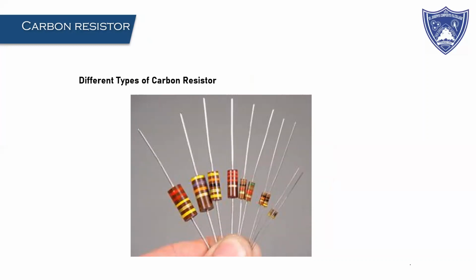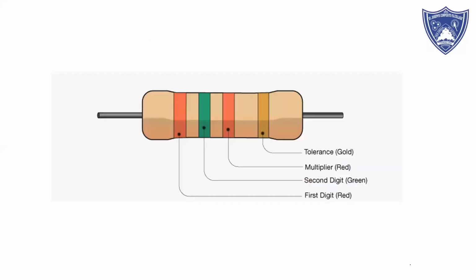So let us understand the color coding. Very interesting, and very simple. I'll take the example of the 4 band resistors. Here you can see 4 colors, right? One is orange, one is green, one is orange, and the last one will be either gold or silver. Please remember the last band is the tolerance. The tolerance color will always be silver or gold, or no band. There will be no color band. Remember that the tolerance band will be gold or silver or nothing.